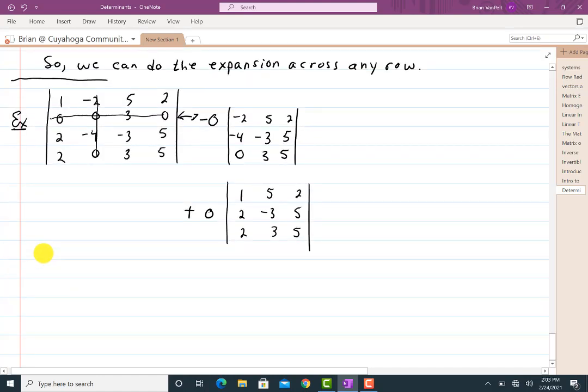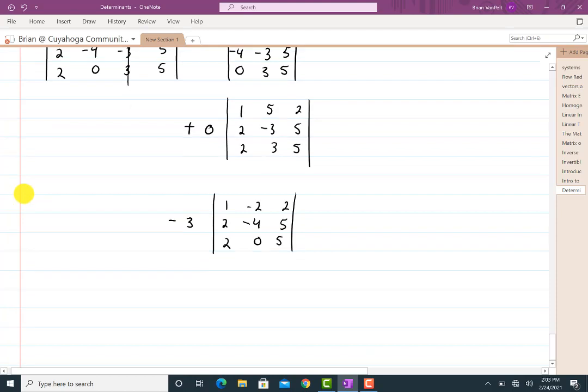Get rid of those. And now I'll work the 3. Don't forget to alternate your signs. 1, negative 2, 2, 2, negative 4, 5, 2, 0, 5. And finally plus 0